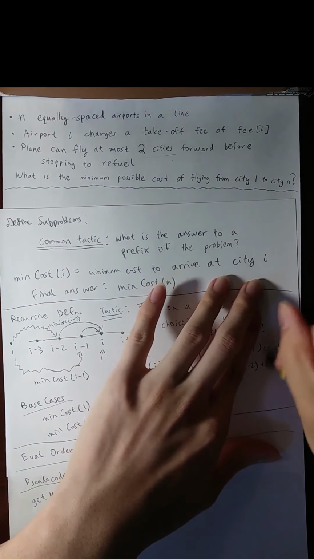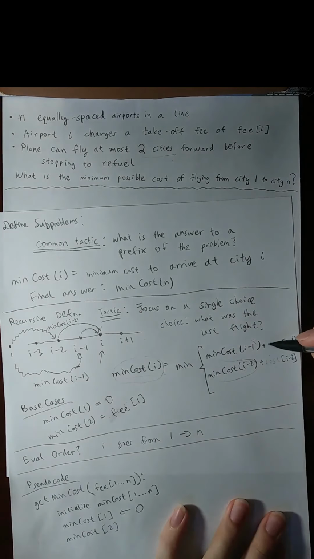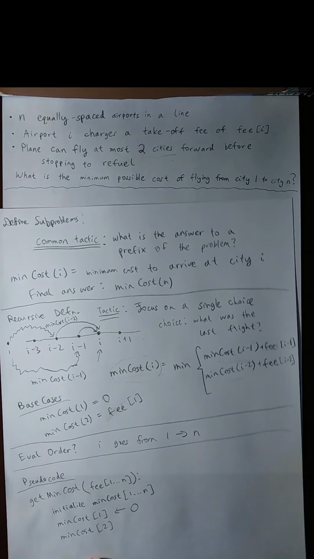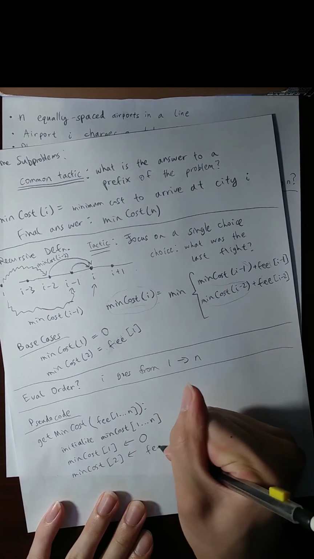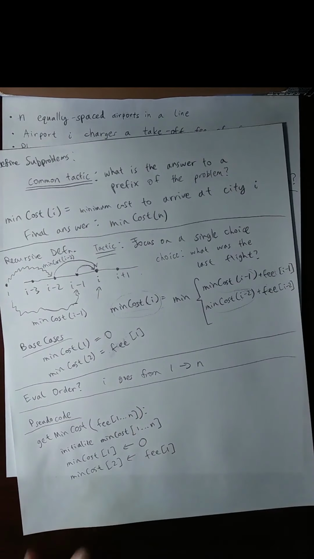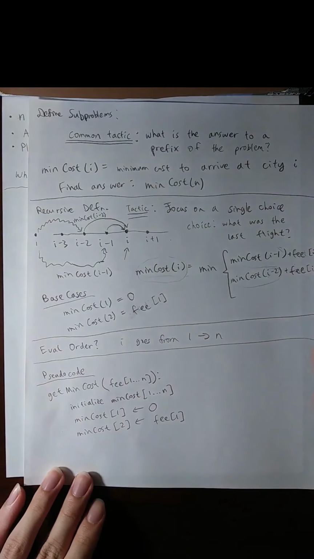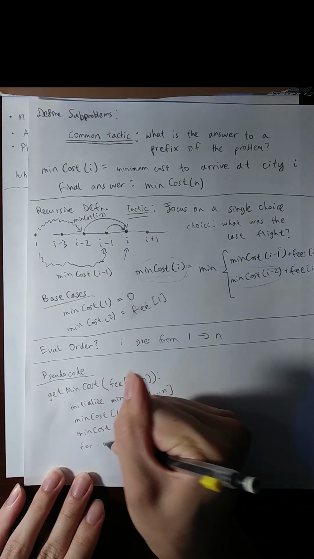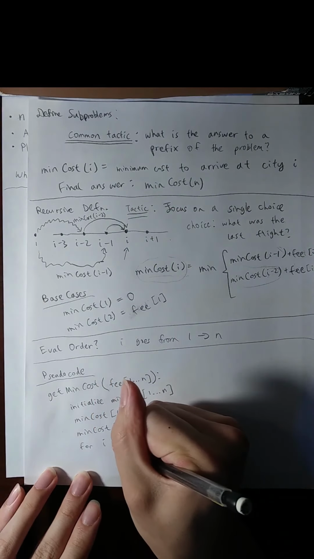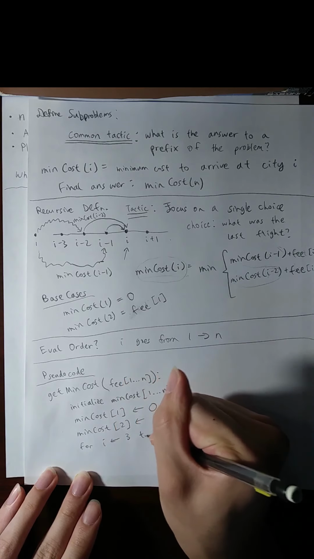And same here, I wrote the wrong thing. Anyway, then min cost 2 will be initialized to fee 1. Next we can just implement our recursive definition. So for I starting from 3 up to n,